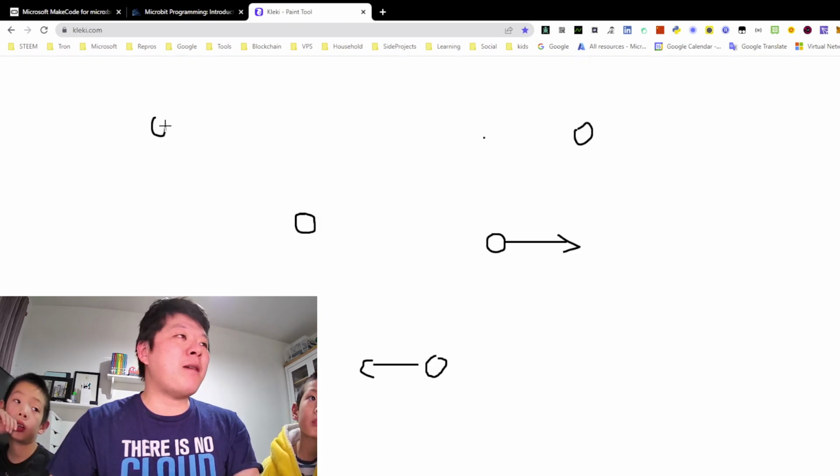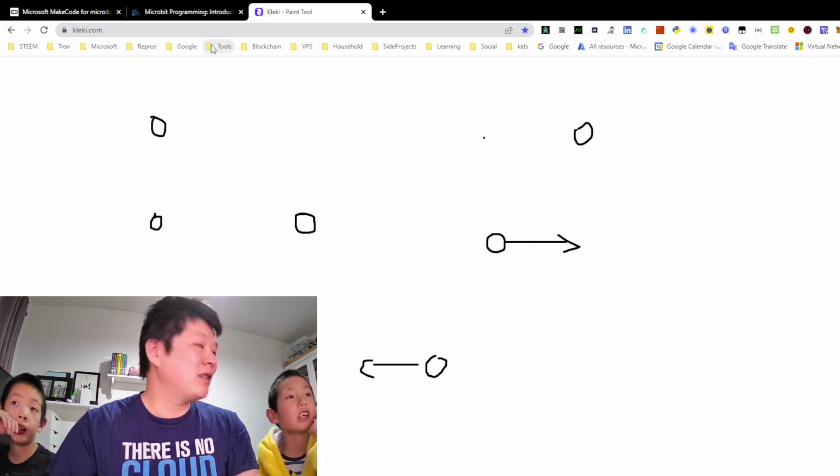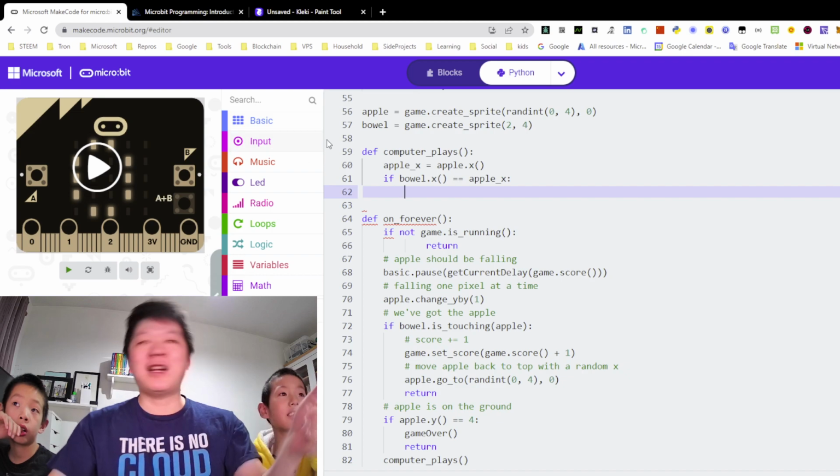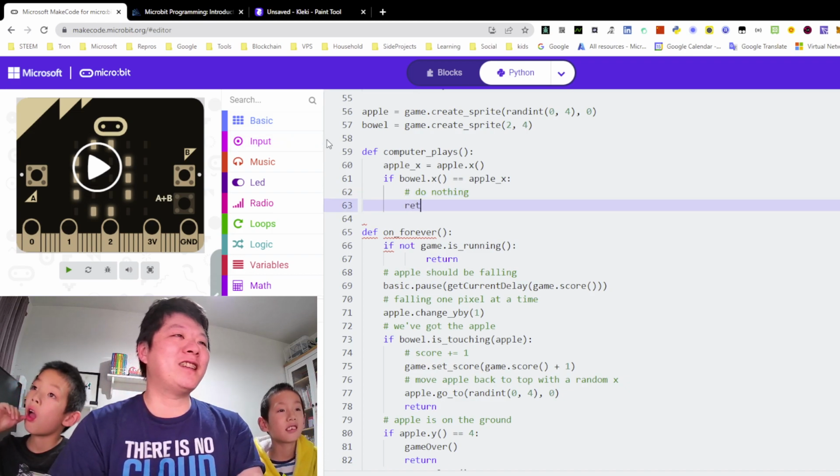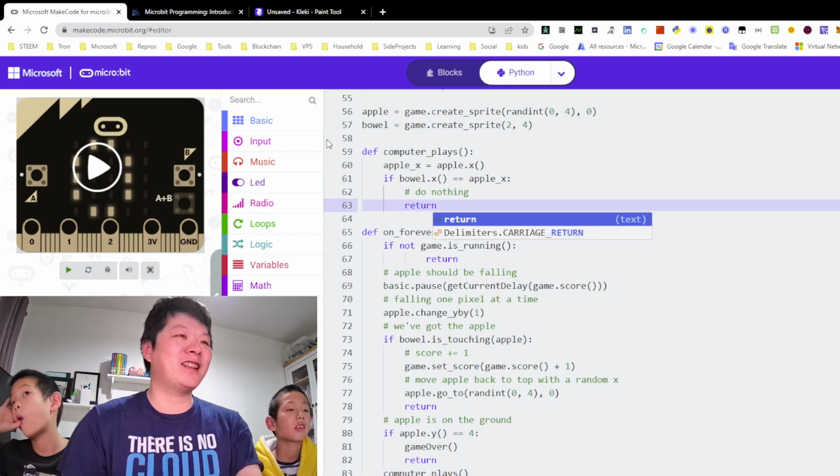Look, if the apple is here, and you are just right below it, what should we do? You just do nothing. We're done. Do nothing, yeah? So we just do nothing, and then return, because the computer doesn't need to